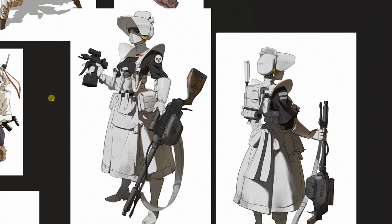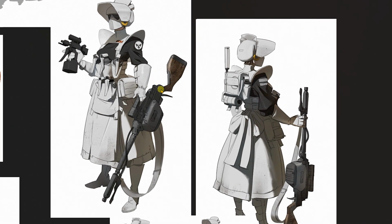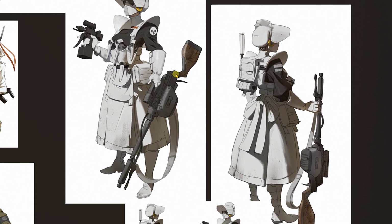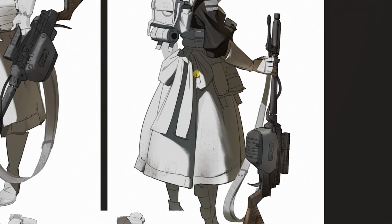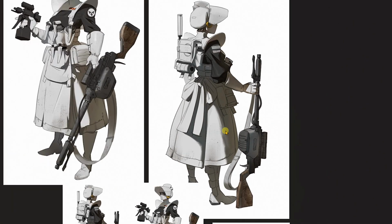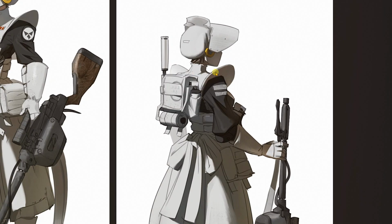Here we have the maid, the assassin maid. Ooh, reminds me of the clones in the Star Wars series or films. Look at that. It's so nice to look at though. There are some texture brushes to indicate some dirt. I do see a bit of a suggestion of a soft edge here. Maybe some mixer brushes. This one does seem a bit more painted than the previous ones we've seen. However, if you look at the line work here,